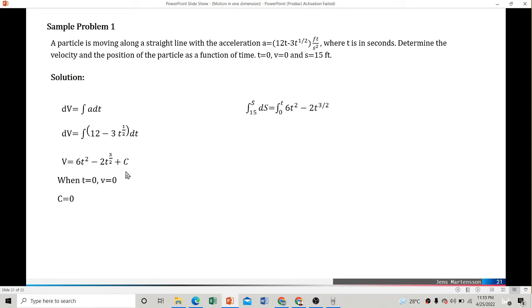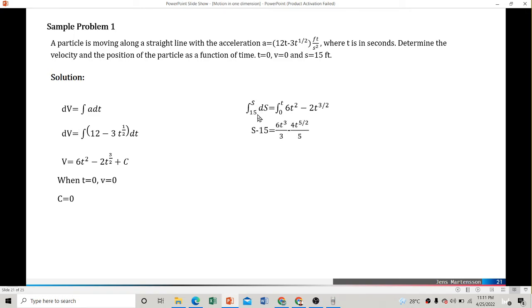And also for the position of the particle, we know that our velocity is equal to ds over dt. Then by using integration and the equation generated for the velocity, by substituting for the velocity, velocity is equal to ds over dt. Then we move it here so we can integrate in terms of t, and here in terms of s.